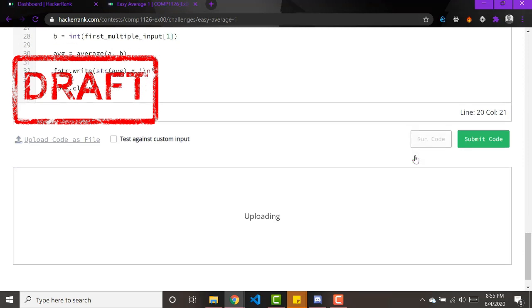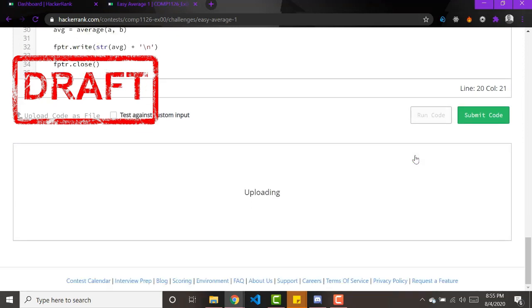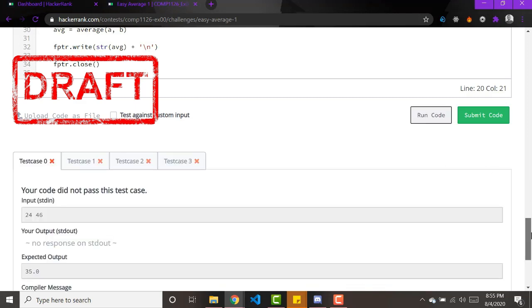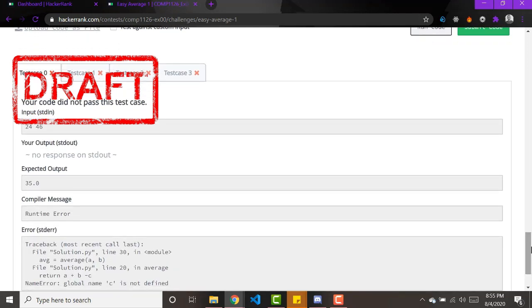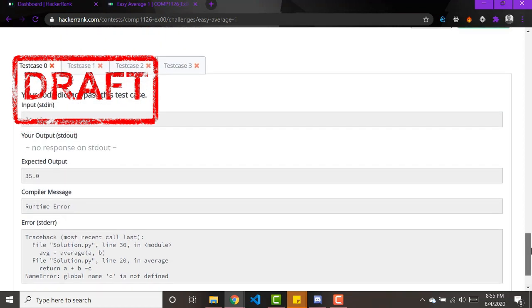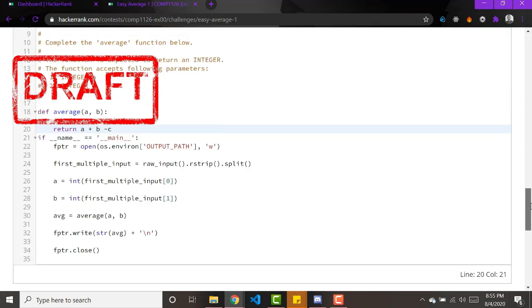click run code so that it can be tested against all the other test cases. So right here, I have entered the wrong code. So I failed all the three test cases. Your code did not pass this test case. So what you have to do is go back in the code,